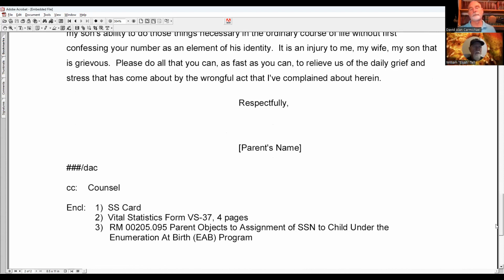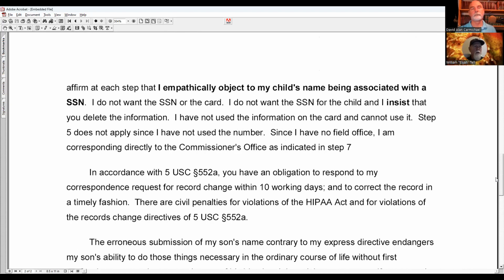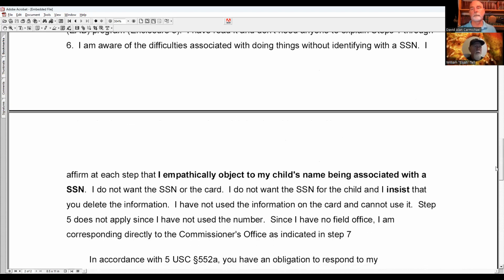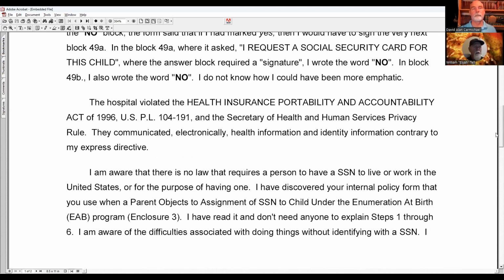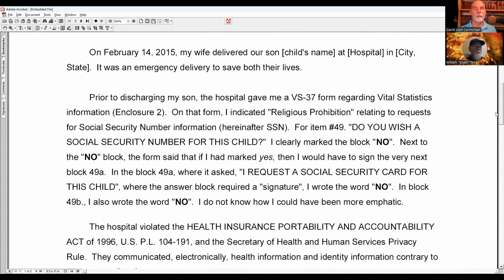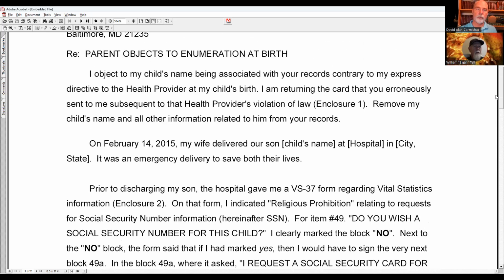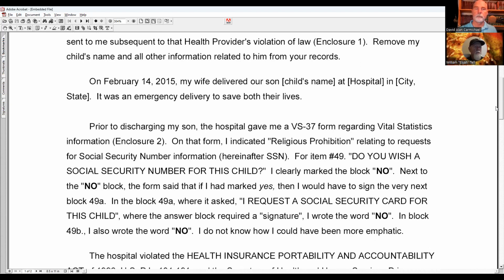Okay. Very good. Well, this was really well written. The only thing I saw throughout the letter that struck me, third paragraph down, at the bottom, he says, I do not know how I could have been more emphatic.